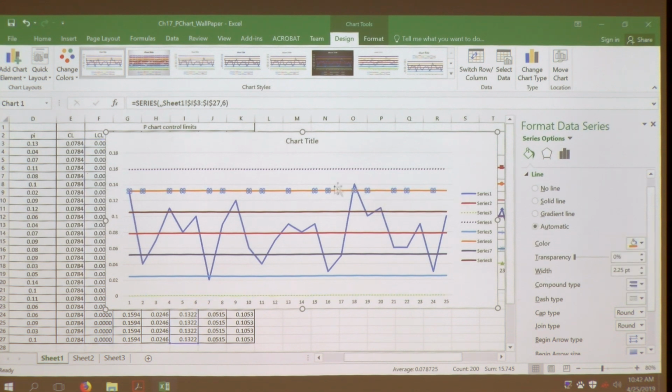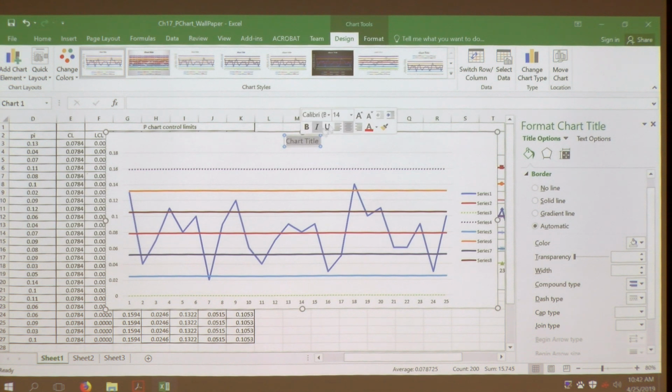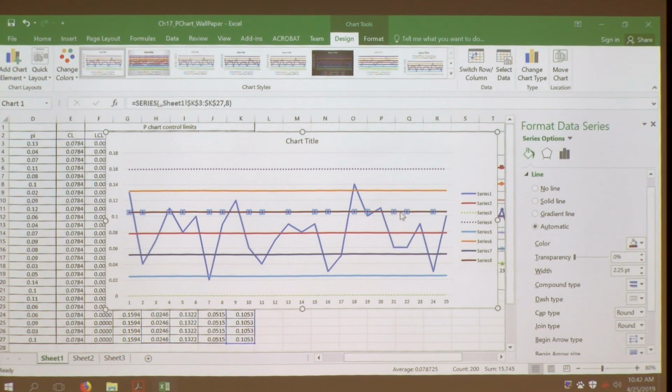And then you can do this for all of them. And if you don't like the chart title, you just double click, and then you can change the chart title. Now, there is another question: how to revise the legend. If you want to revise the legend, you need to select the data,